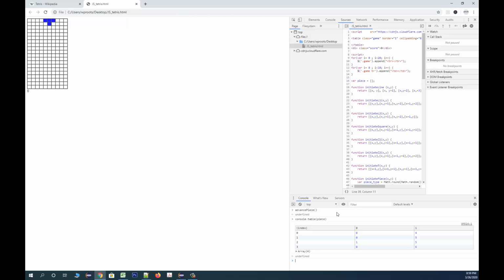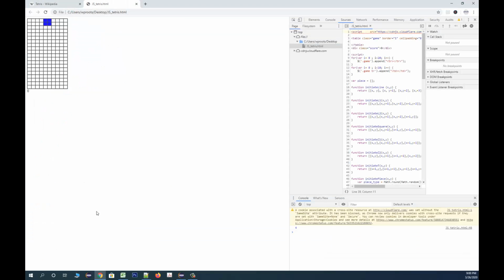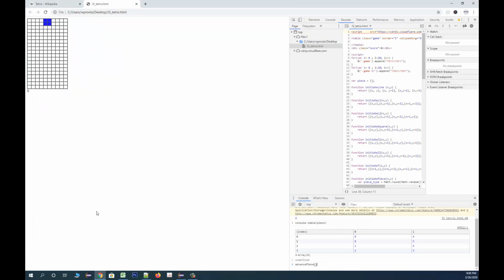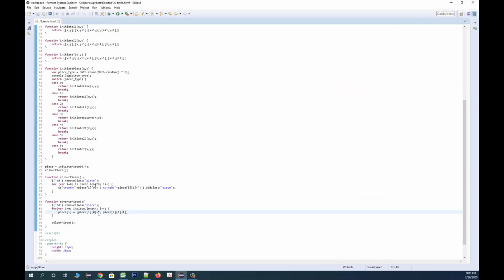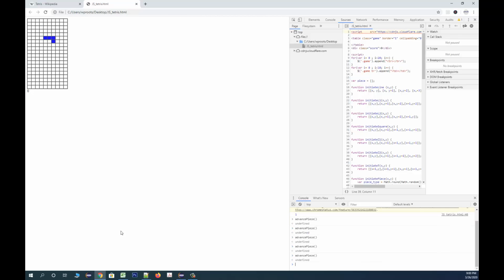So our piece is 0, 0, 0. Okay, so piece, oh yeah, of course, +1. So let's see, advance piece, and yeah, obviously because I increased the y element of the piece as well. So the piece just advances